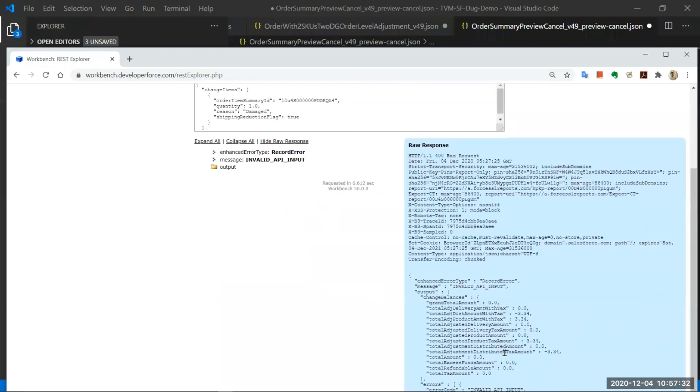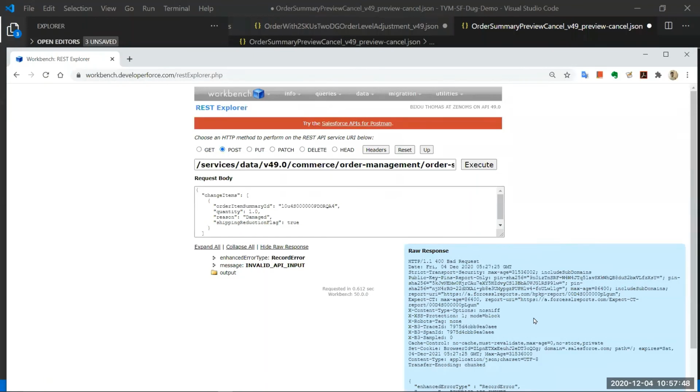What you get to see is a breakup of the adjustment amount. It does that breakup at the back for you through the APIs.